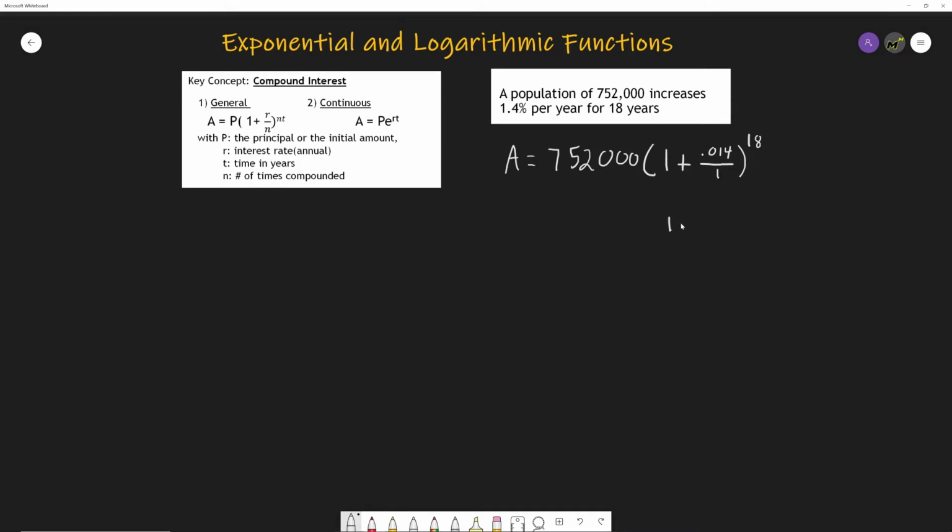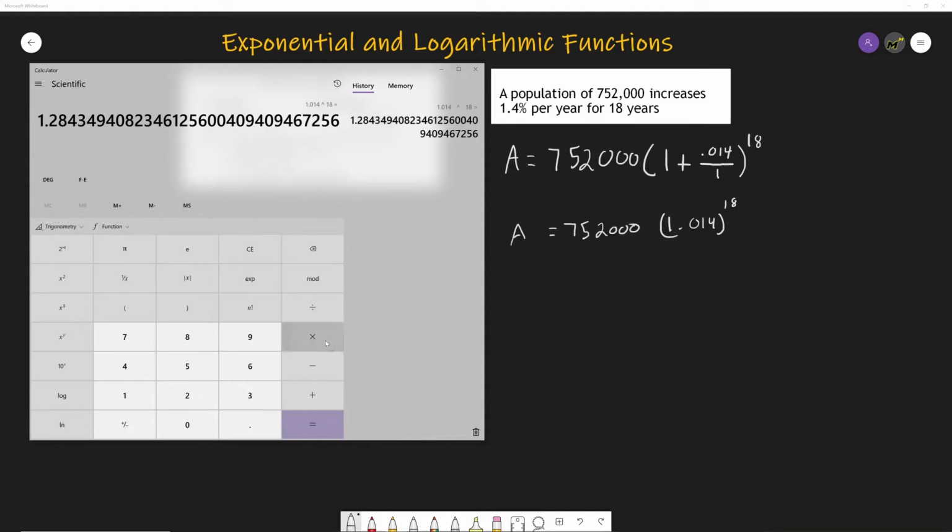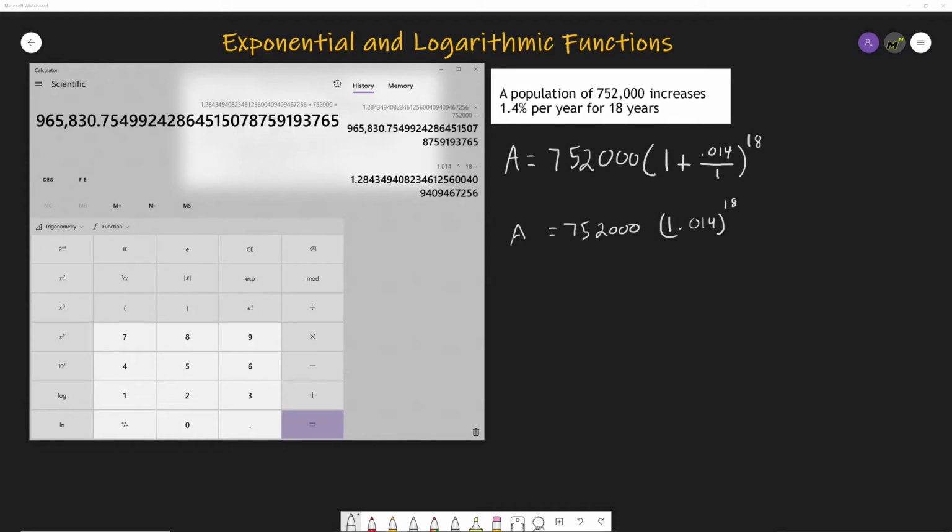So this would just be 0.014 divided by 1, which is the same number, so it'd just be 1 plus that, so 1.014 to the 18th power times 752,000. Okay, let's go ahead and see what we get here. And so if we type that in, we'd have 1.014 to the 18th power. And so take that number, multiply it by your principal of 752,000, and your population after all that time will be about